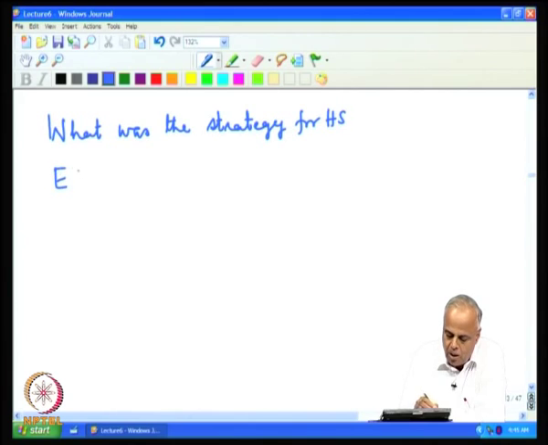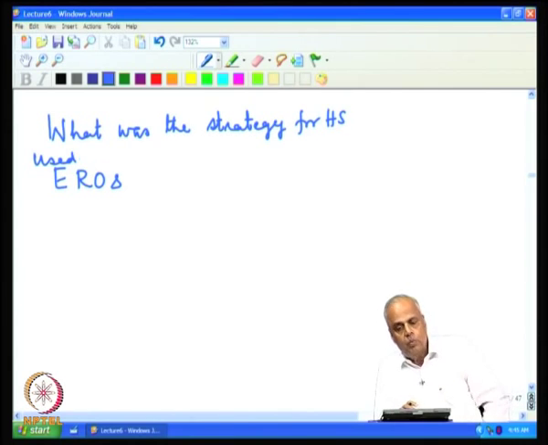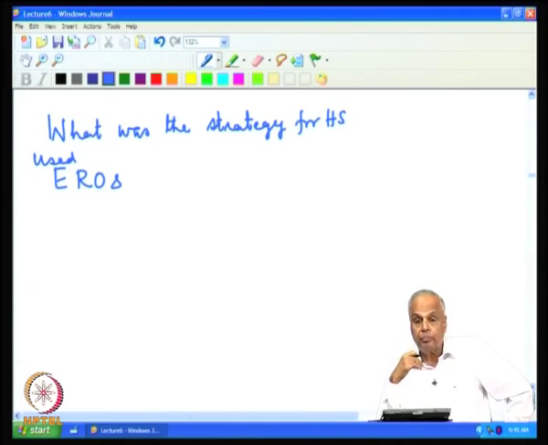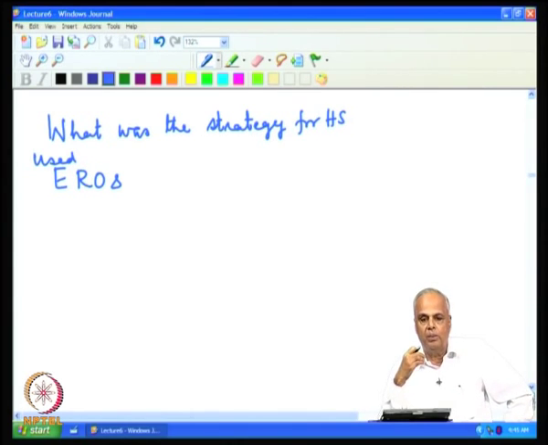We used EROs. The basic idea was to use EROs. The EROs were the ones used to reduce the given matrix to the row reduced echelon form. Now, what exactly is the effect of the EROs that we are doing on the matrix A when it comes to the homogeneous system corresponding to them?